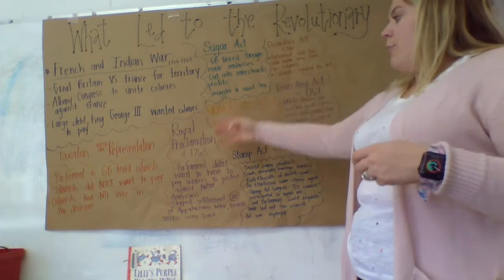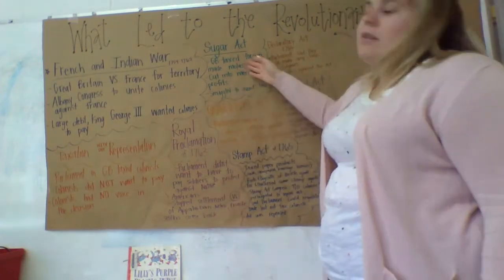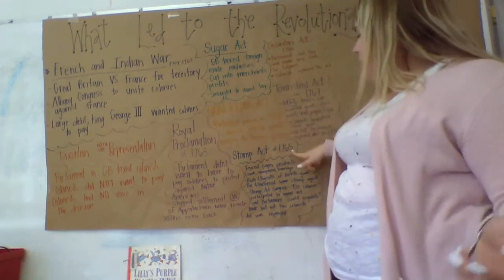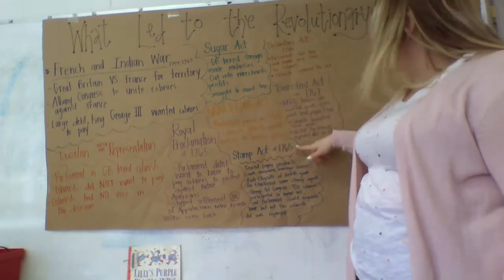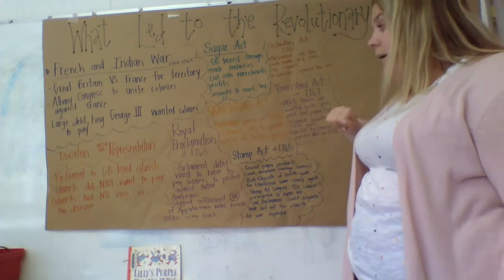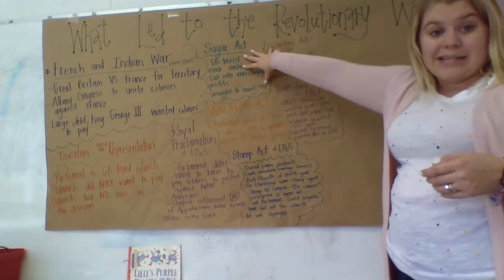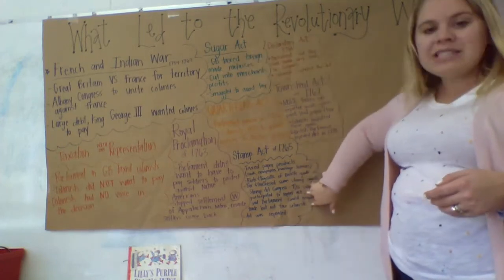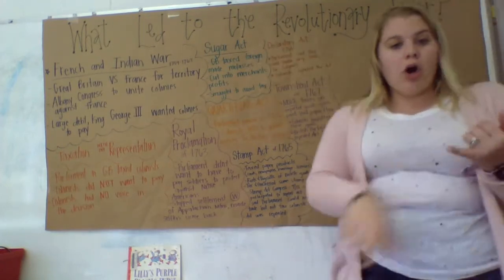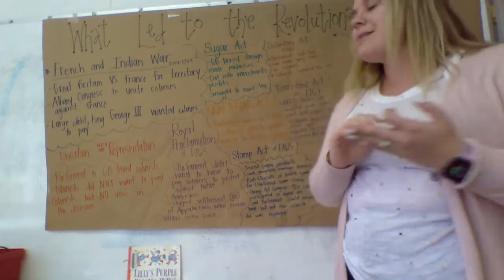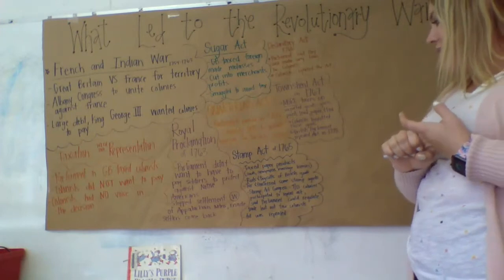So, the proclamation wasn't bad enough. Then the Sugar Act came, and we're still getting there. Now I've got to let these soldiers in my house. But then comes the Stamp Act, again in 1765, the same year as the Quartering Act. And that's, up here we tax molasses. Now we're taxing paper products. So cards, like playing cards, newspapers, marriage licenses, any paper products could be taxed.